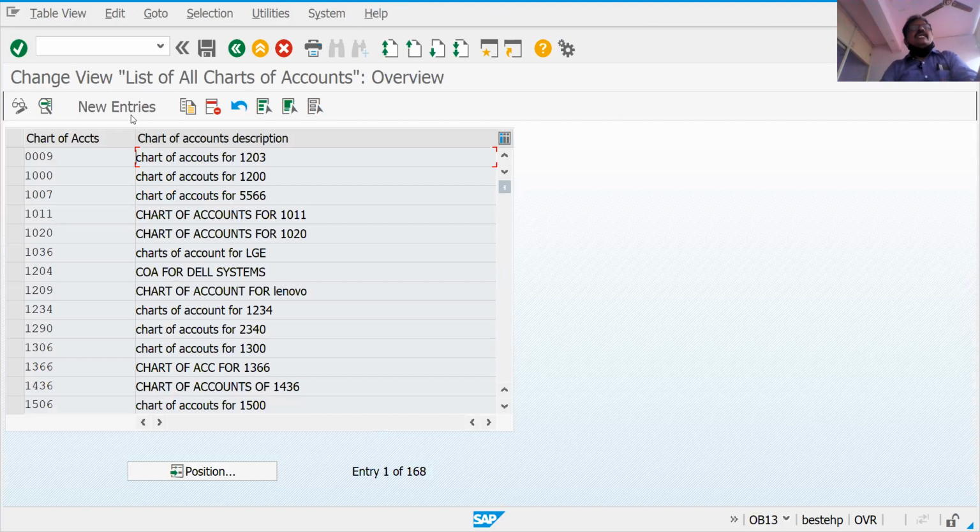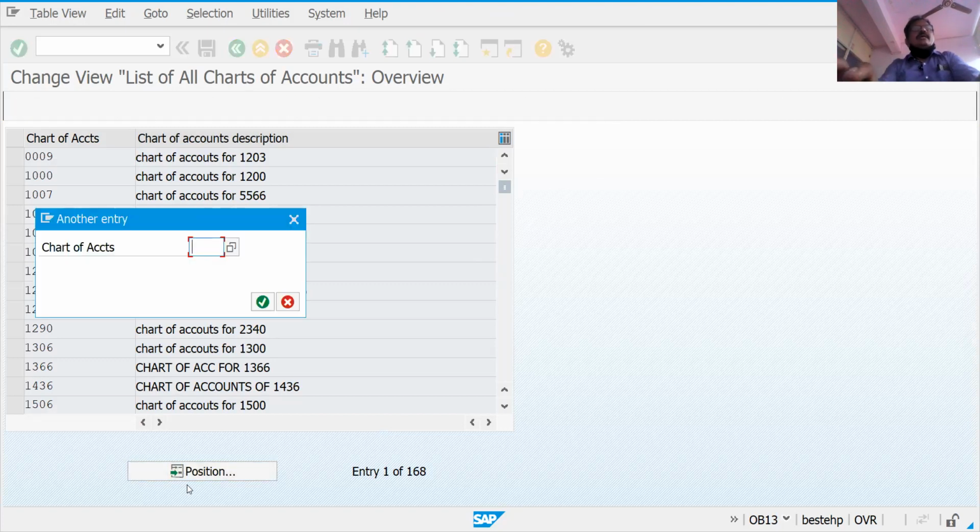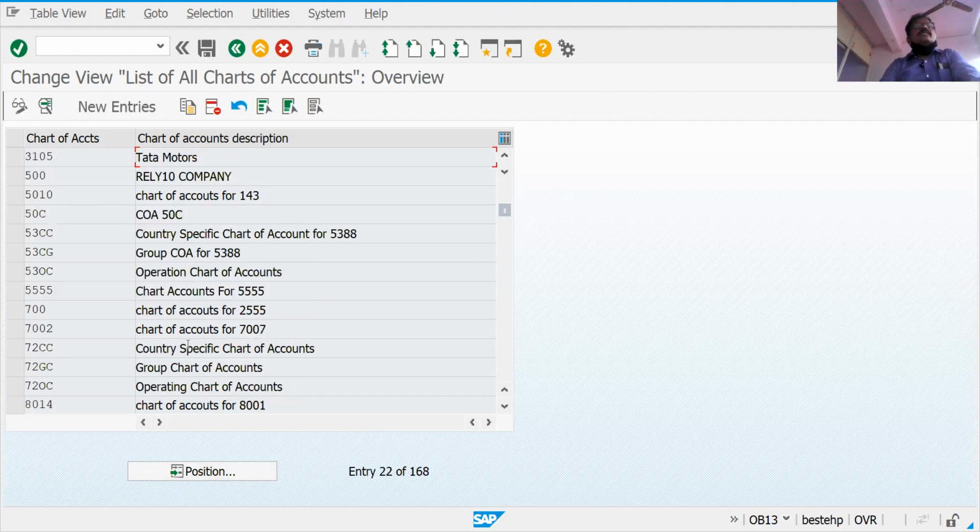Here you need to understand how to create the chart of accounts. Our company is 3105. We have already created the accounts. We created chart of accounts 3105 here.